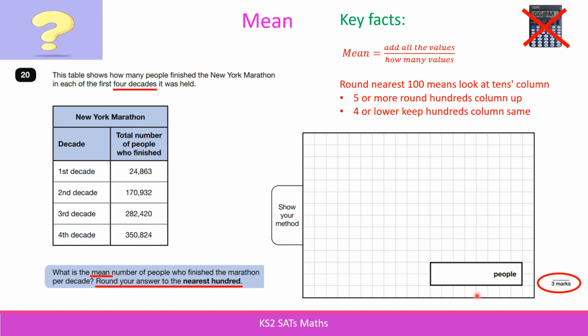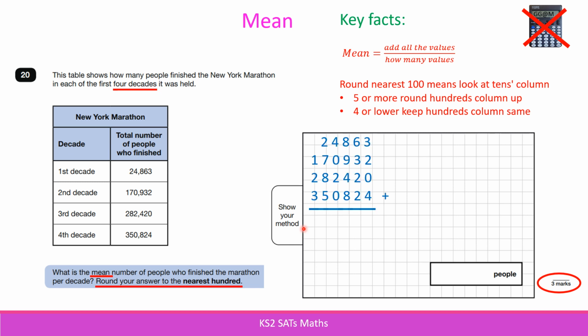Great work, guys. Hopefully you've managed to get an answer. And remember, it does say on the left-hand side of the box, you must show your method. That means writing down what you are doing to get the answer. So that is what your method is. So to start with, we need to look at these 4 numbers. So we've got